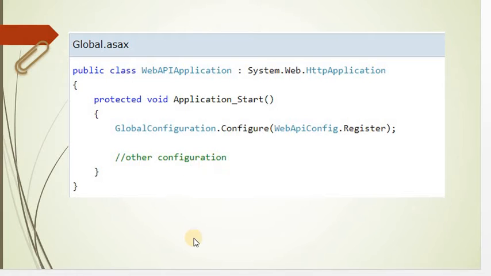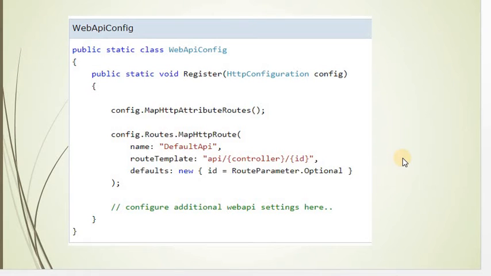In this file we find the Application_Start method, which is used to execute our Web API. Here we find the WebApiConfig.Register method being called. This Register method we will find in the WebApiConfig.cs file.